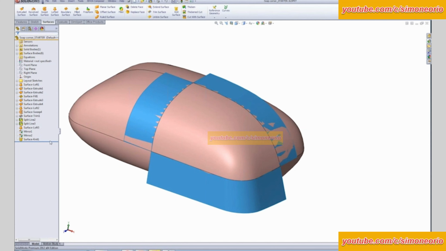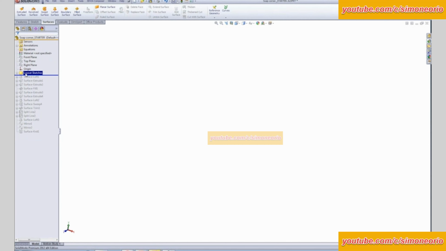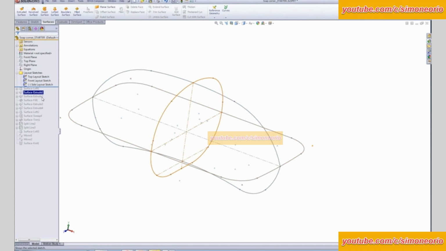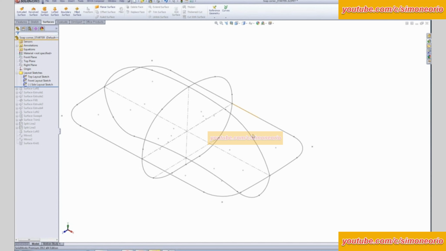So I'm going to utilize the rollback bar. I'm just going to go up in the design tree so you can see how this thing was created. I'm going to turn on the sketches so you can see those. And in this case, the part was kind of made almost in wireframe before it was actually created, right? And this is the type of design technique that you're going to use, based on